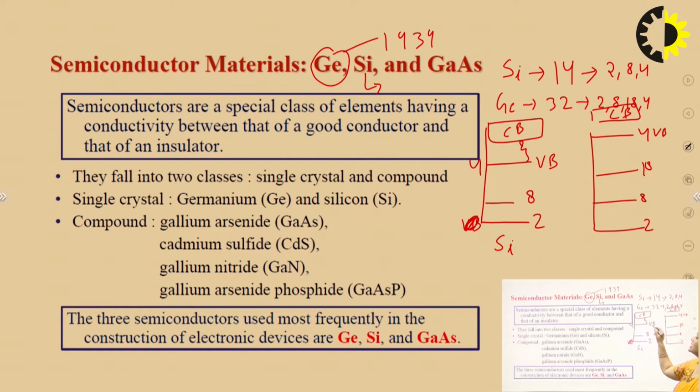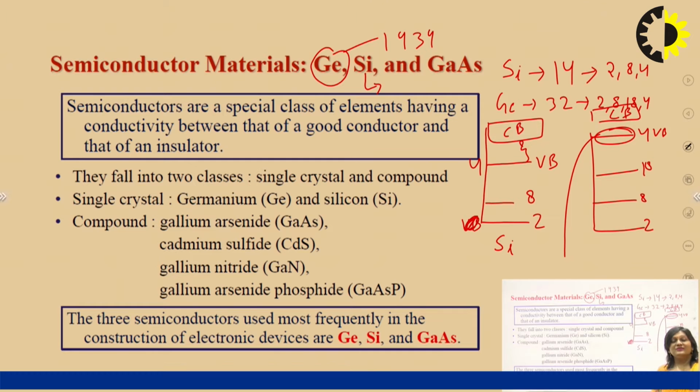Here the electrons are at the third energy level, and here the electrons are at the fourth energy level. The energy of the electrons at the fourth level is high in comparison to the energy of the electrons lying in the third level of silicon. So these electrons require very little energy to come into the conduction band, and this small amount of energy may be given by an increase in temperature or by any electrical energy. So these electrons can get energy and jump into the conduction band.